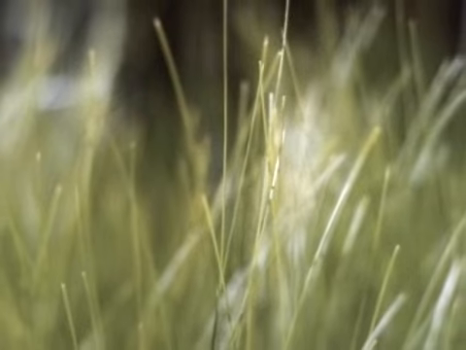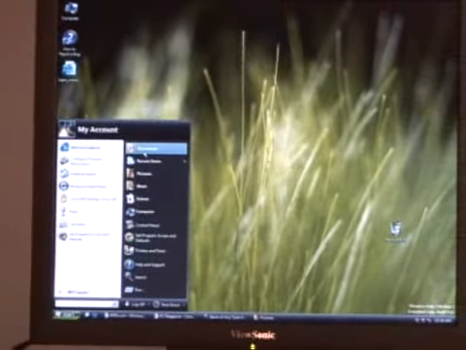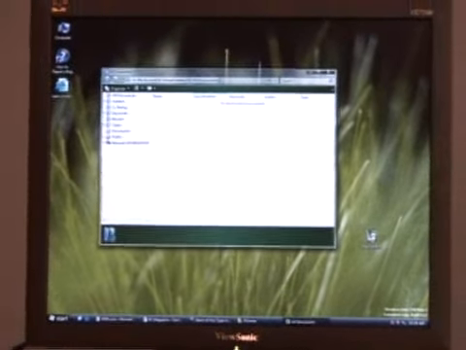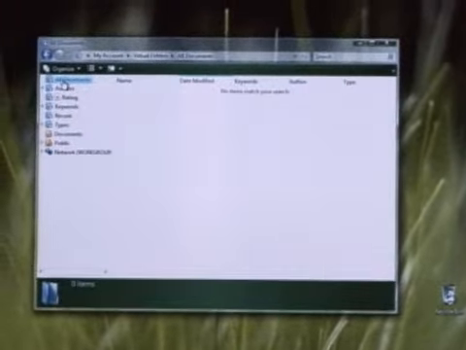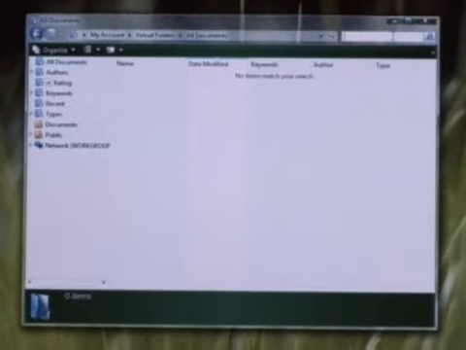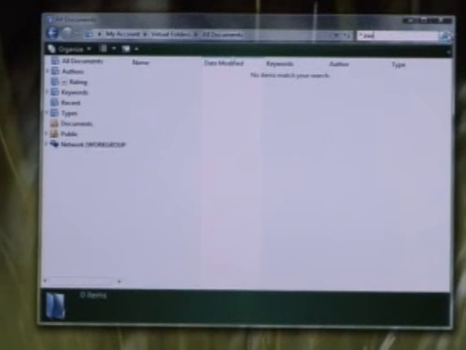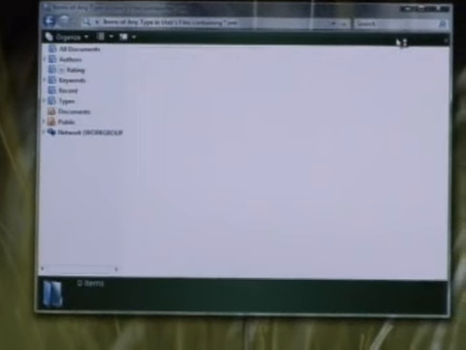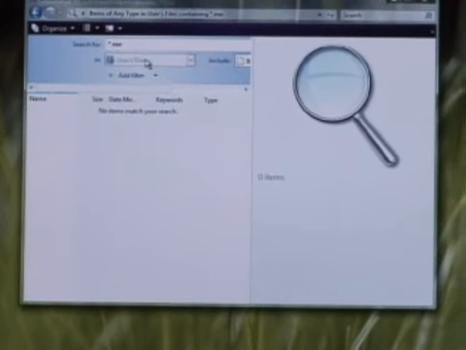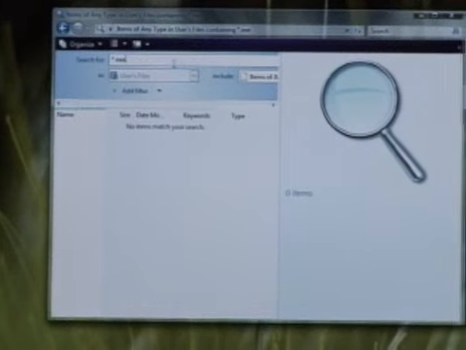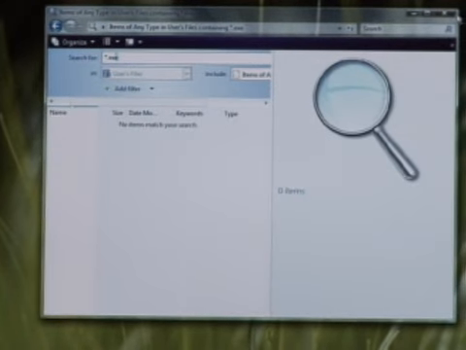And if we pull back for a second, I'm going to open up our Documents folder. There's that fresh, clean Aero look again. And let's see, there should be an install folder in here. Let's do a quick search for a file, and I'm going to hit search the computer. And, well, rats, that got erased. Well, what was going to show up if it was still in